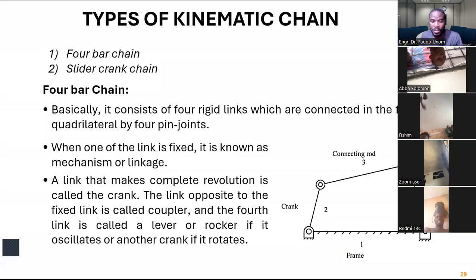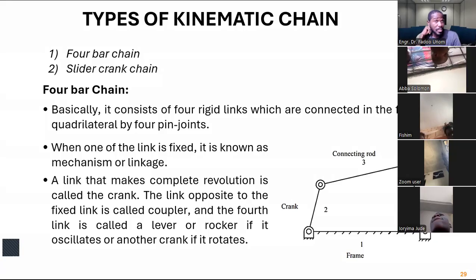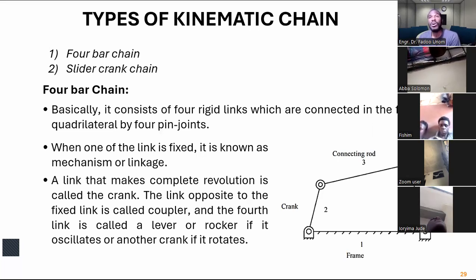Okay, so we go back to our slides. Great. All right. So we have finished looking at the nature of kinematic chains. There could be locked kinematic chains. There could be